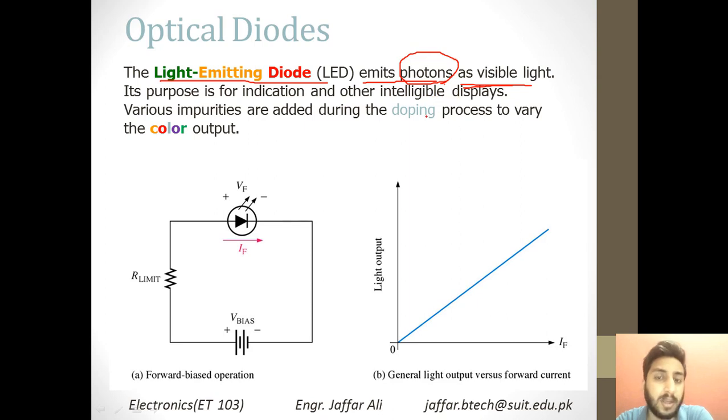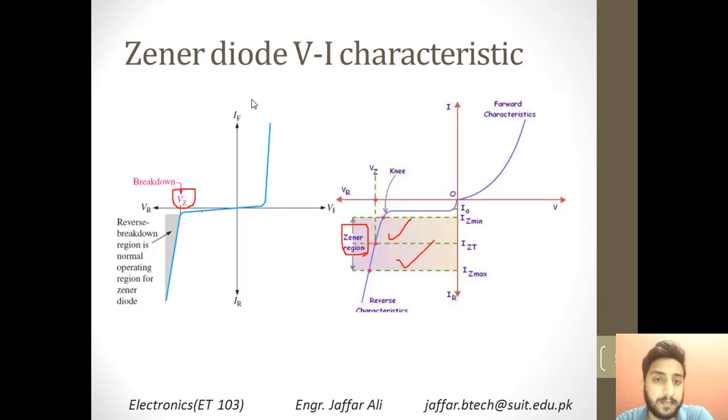It means that if you want some monitoring purpose or if you want to do some indication, you can use these LEDs, and they are normally installed in different remotes or different small circuits. You have seen that an LED is installed in a TV remote as well as different other remotes, so you can use these for indication purposes as well.